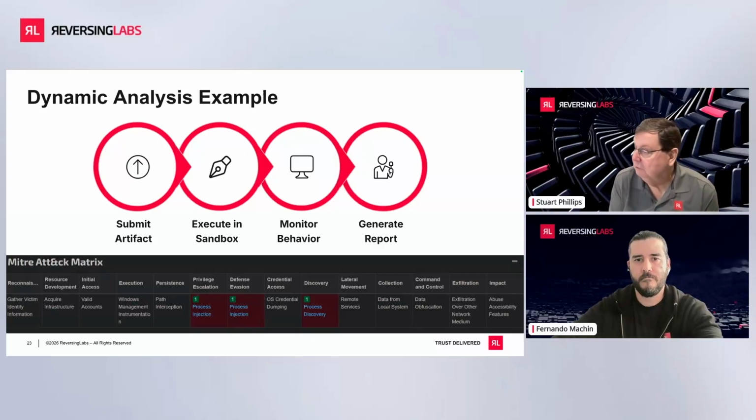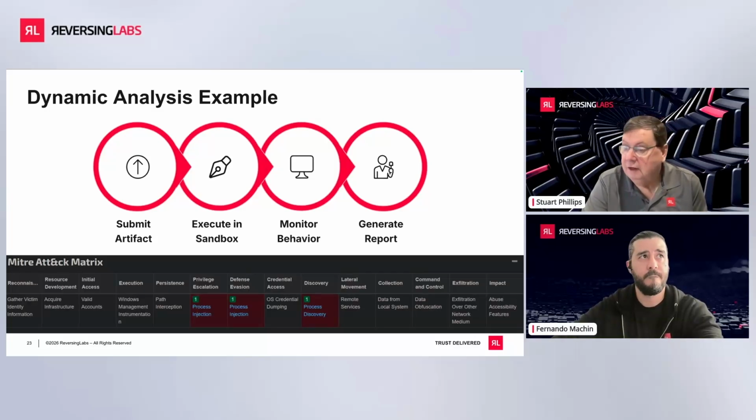And coming back to the ATT&CK matrix, what we saw happen is it tried to escalate its own privilege. It tried to avoid the defenses, and it started doing discovery across systems, its own system and other systems. Huge red flags and things that you would not expect a normal file to do. So these are the kind of things that you would look at, and you would take this information to say, okay, I'm using this antivirus, I'm using this EDR, this malware tried to evade it. Was it successful? If it was successful, I've got a real problem. If my EDR detected it within seconds and blocked it, that's great. But again, these are the kind of things that you need to do.